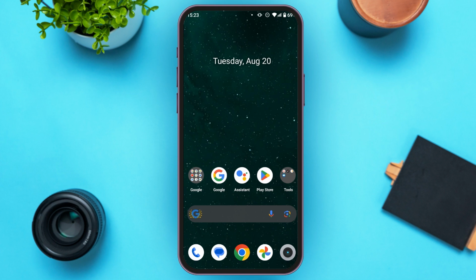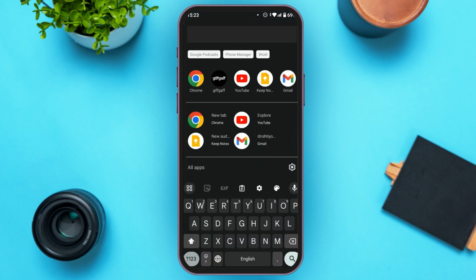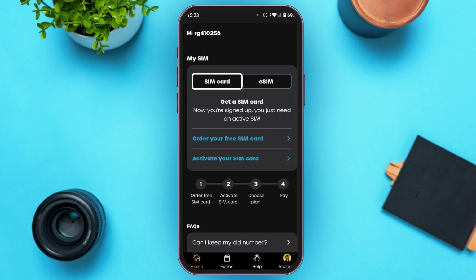So first of all, what you have to do is open your GiffGaff application, or you can also open any browser of your choice and search for giffgaff.com. You can see over here GiffGaff is open. Your phone number is basically the number that you use while you log into your account. So now if you want to check the alternative phone number, all you have to do is tap